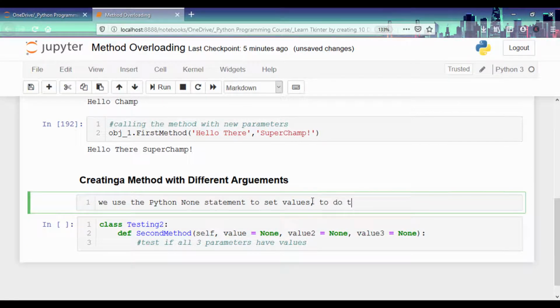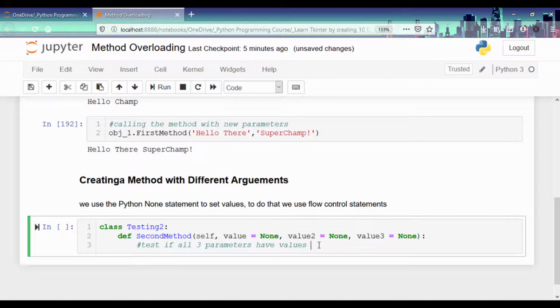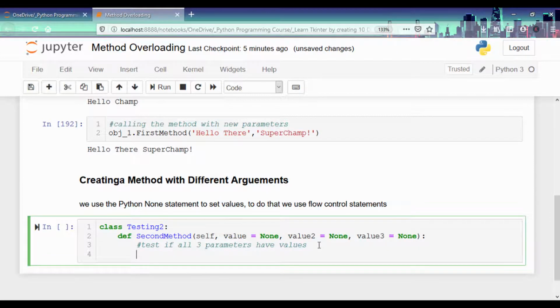Now to do that, we use flow control statements. That means we'll use if, else, elif statements just to find out if this value is true. So now the first thing I'm going to say, if value is not equal to None